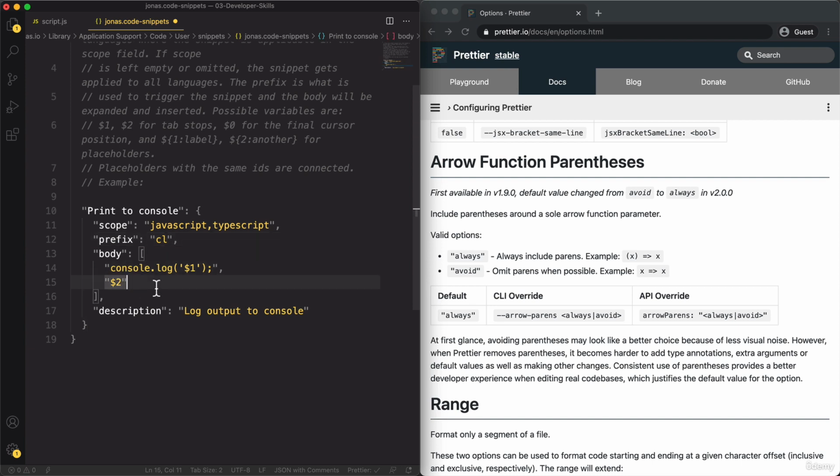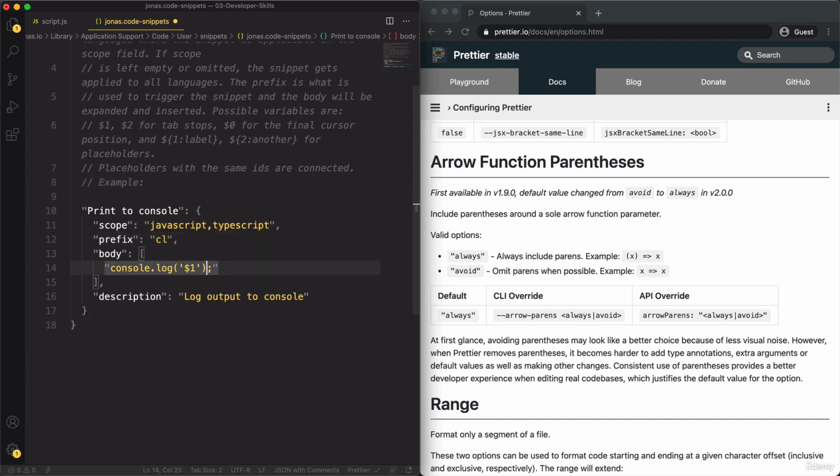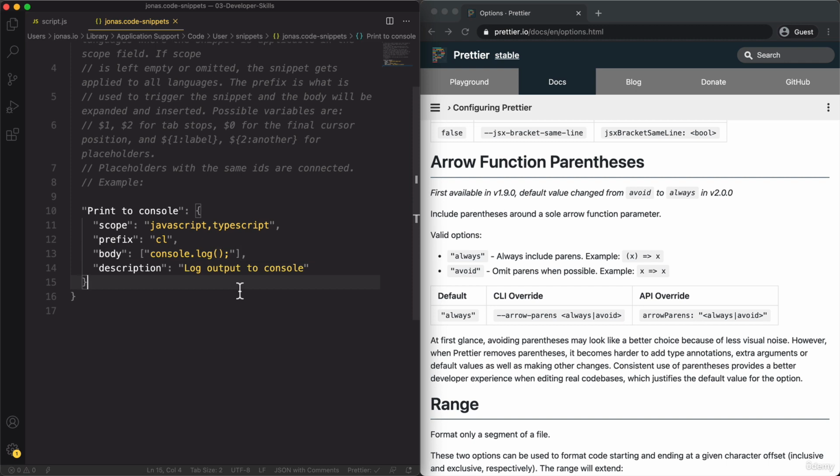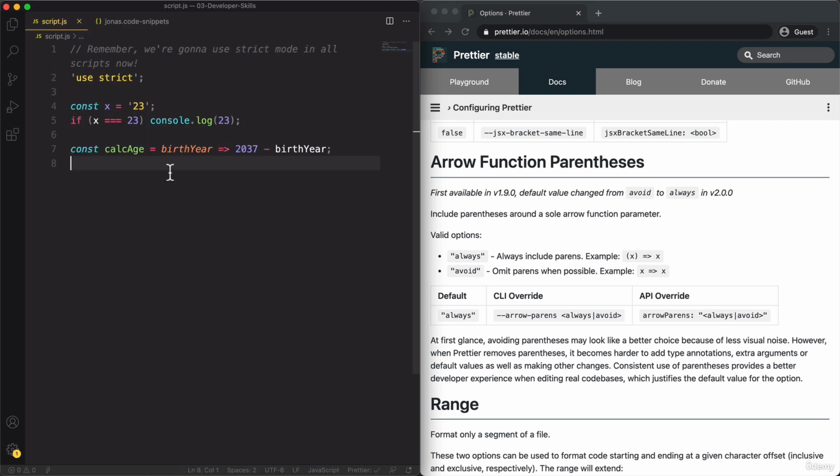And here, get rid of this second line. And then here, also get rid of all of this. Because I found that this is the best way to make this work. And it's not really important that you understand how this works. This is just a recipe that I want you to follow here, just to make our lives coding a little bit easier. So then give it a save, and head back to your script, and now write CL,